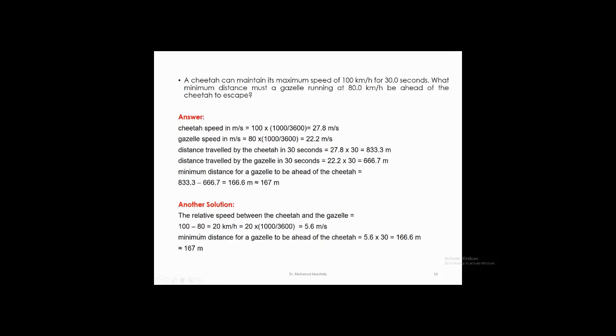قلنا هنجيب relative velocity. The relative velocity will be 20 kilometer, and 20 kilometer will be 5.6 meter per second. حولناها يعني. And when we multiply this by the time, 30, we get the same 166.6, يعني almost 167 meter. يعني we have different ways to solve the same problem if we can understand what does it mean. هي البروبلم مش المسألة مشكلتها كان احنا فاهمينها ولا لا. يعني ايه المينيمم distance between them؟ هو عايز يقول ايه؟